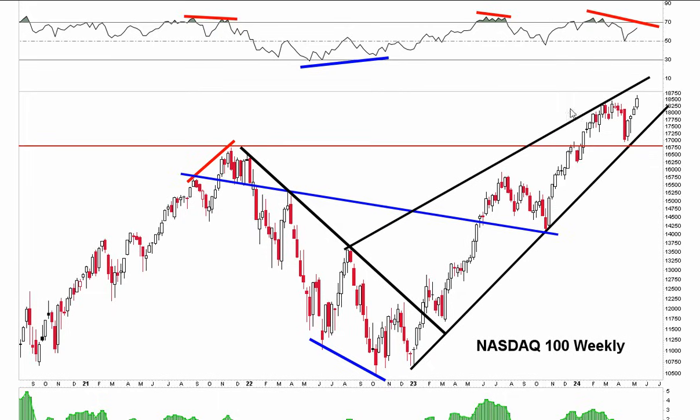So again, I'll be watching. Do we make it up here? Again, we have the NVIDIA earnings. Maybe NVIDIA takes us up to that upper trend line for NASDAQ. Maybe it doesn't reach it. We'll see. Watching to see in the next week or two, maybe a little bit longer, but S&P in 2020,